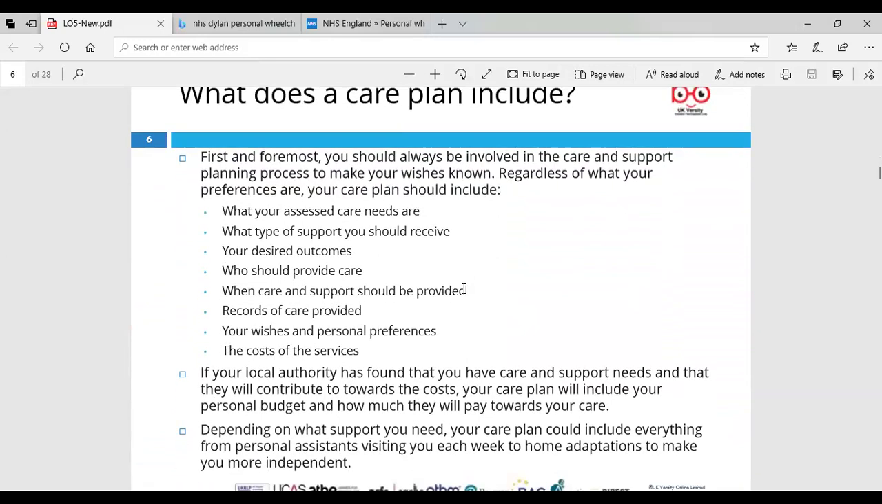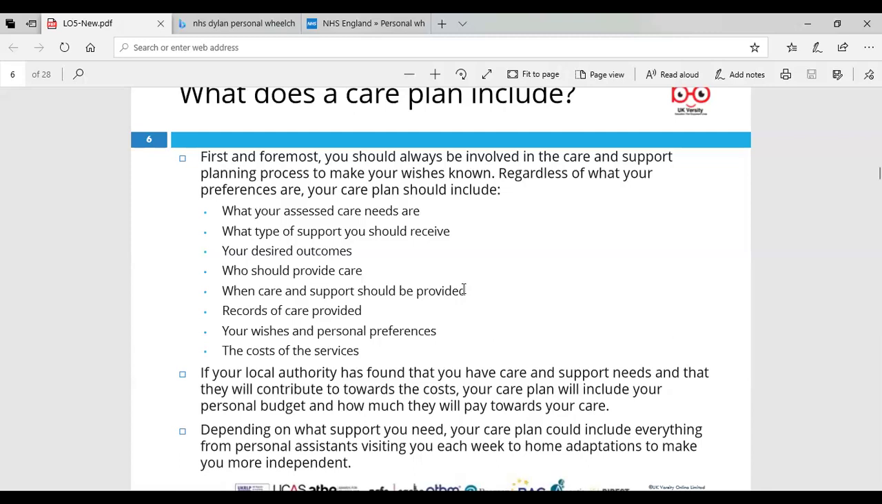First and foremost, the person should always be involved in the care and support planning. The person shouldn't assume that they wouldn't have a say in their care plan, and that it's only the doctors or the nurses or the care staff who are responsible for that. No, they should be made aware of their autonomy. Regardless of what their preferences are, their plan should include what they have assessed their care needs to be,